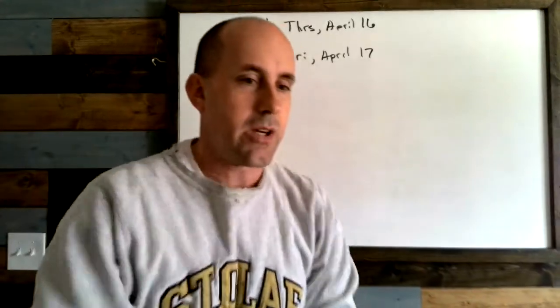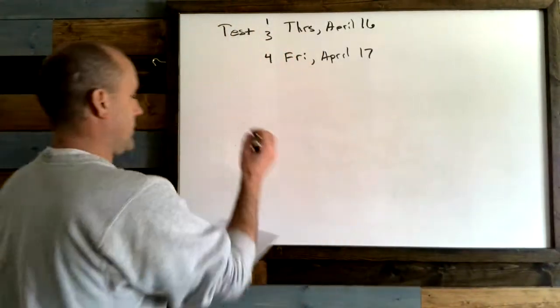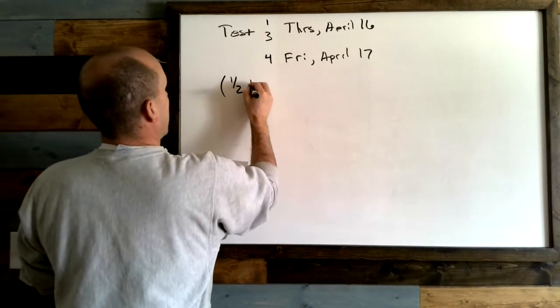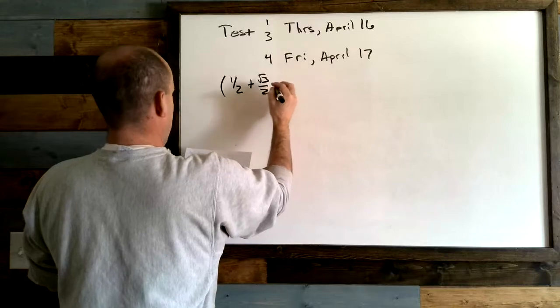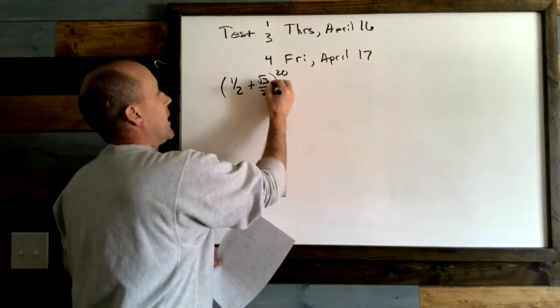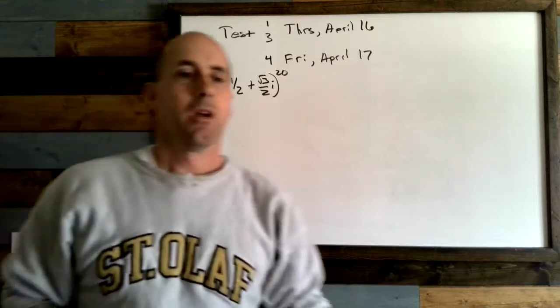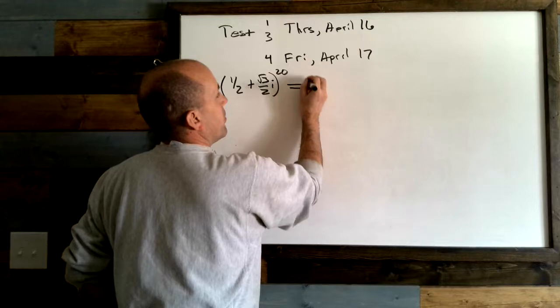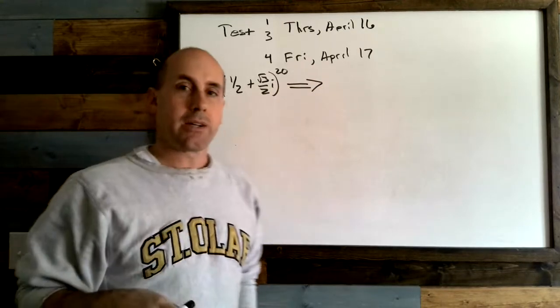So we're going to do one last one here. I've got 4.5 minutes to get this done. 1/2 plus the root of 3 over 2 raised to the 20th power times i, raised to the 20th power. So that's a little bit more difficult. We are going to take that and put that into complex form.